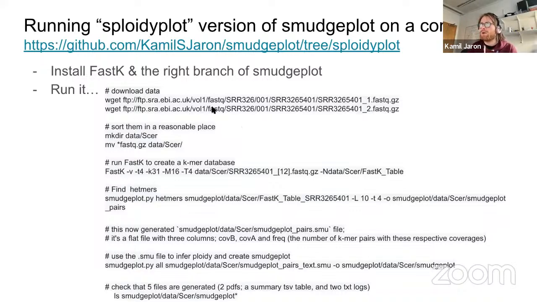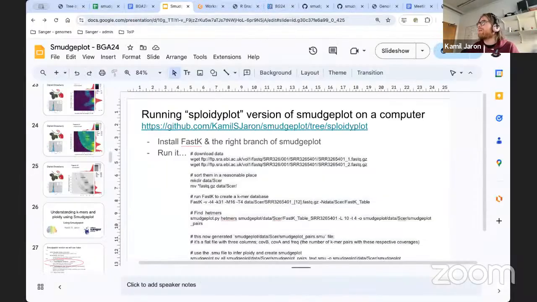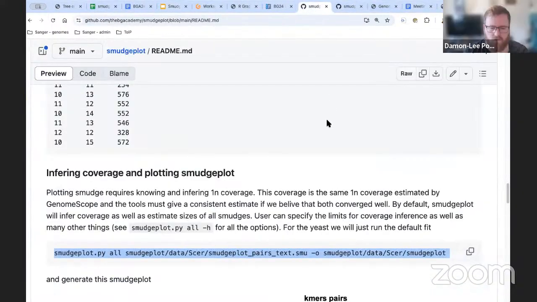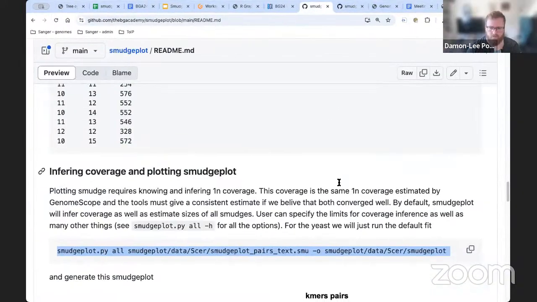I left here the downloading of the data. You don't have to do that. I actually pre-downloaded it for all of you. So if you launch your Gitpods, there will be the data. Oh my gosh, I need to update this a bit. In the GitHub tutorial it is definitely right. Wait, do I share the screen or do I share the? You're sharing the screen at the minute, so you're all right.